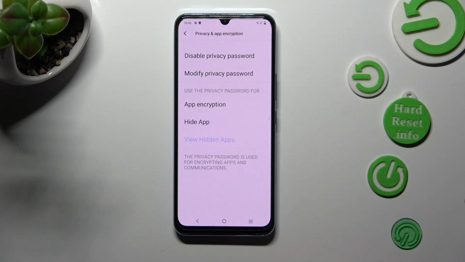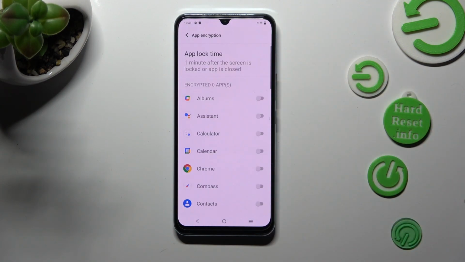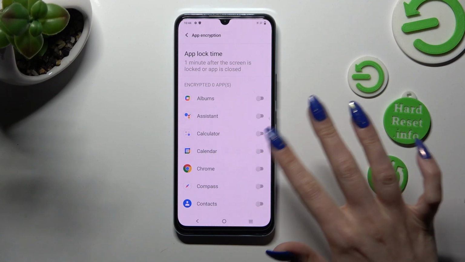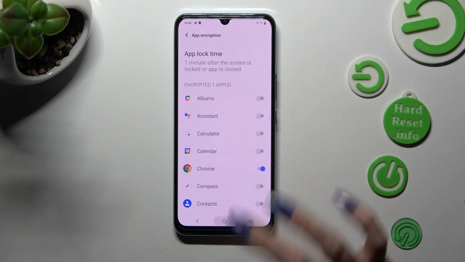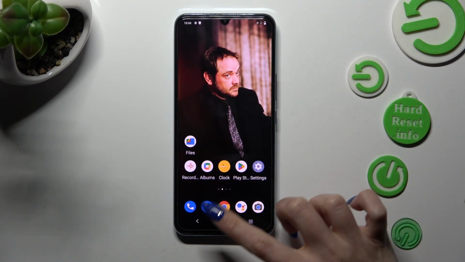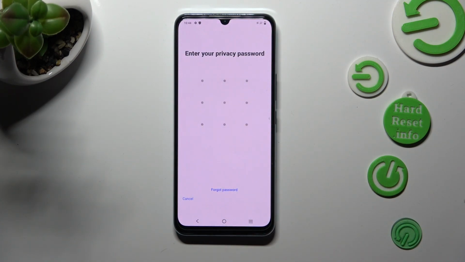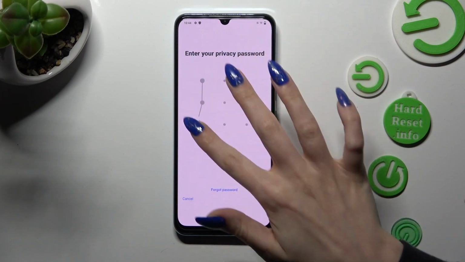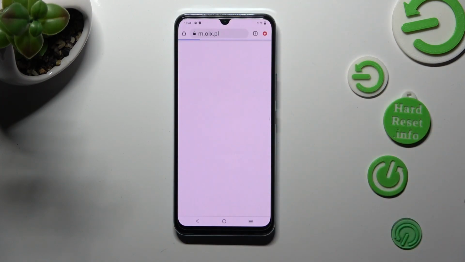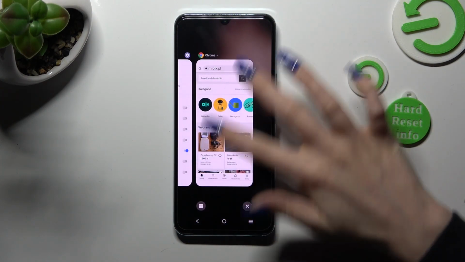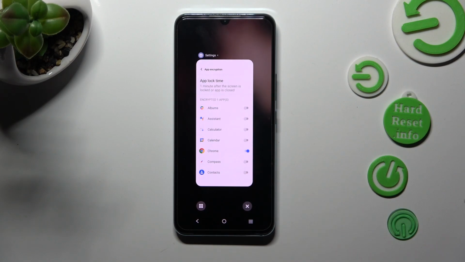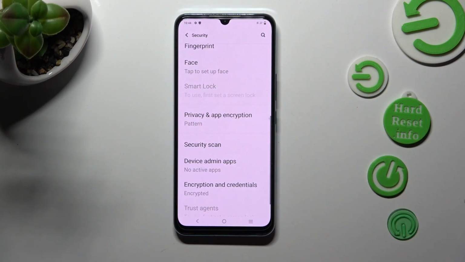Finally, select App Encryption and click on the switcher next to one of your apps that you wish to lock, like Chrome. So when I go back and try to access Chrome app, I can see that Pattern is now required. If you wish to disable App Lock from your app, access exactly the same settings,